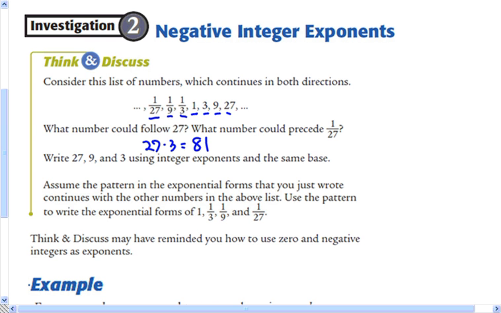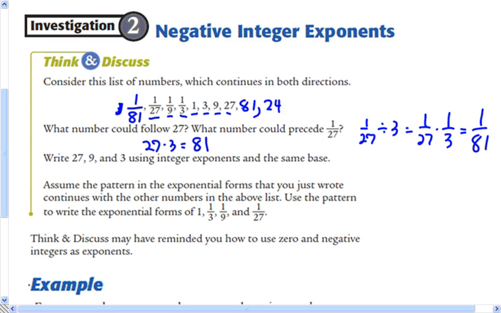What number would precede 1/27? Well, working backwards, that would be 1/27 divided by 3, which is the same as 1/3 times 1/27, which is 1/81. So if we go this way, we have numbers like 1/81, and if we go back one more, just like this way, we would have 81 times 3 is 243, times 3 is 729. Working backwards, we would have numbers like 1/243. So if we divide that by 3 again, we would have 1/729. Notice the